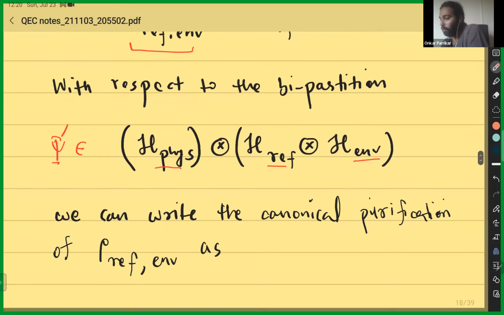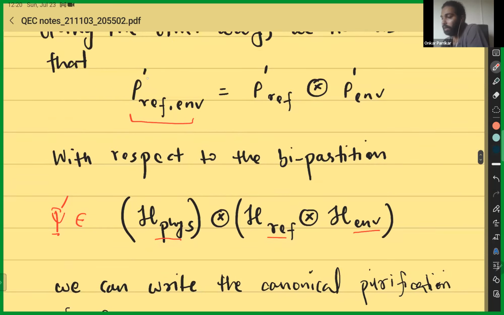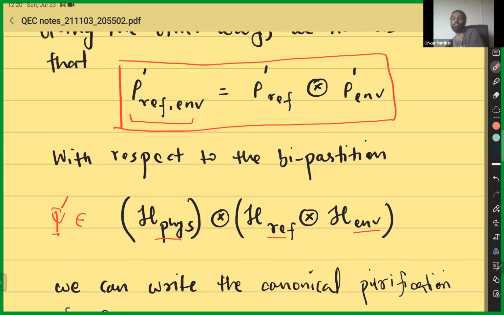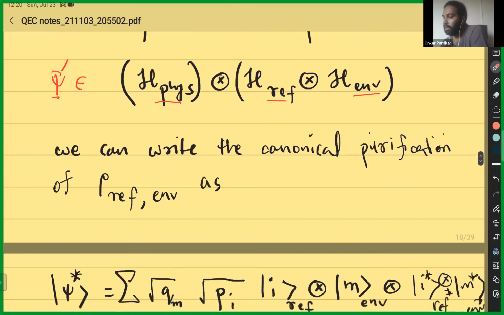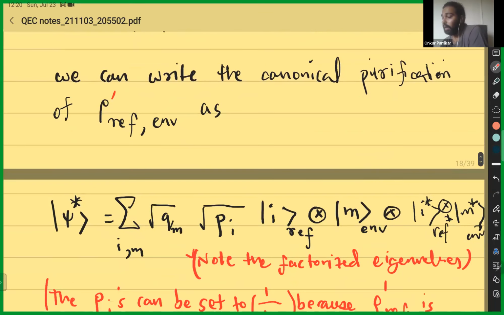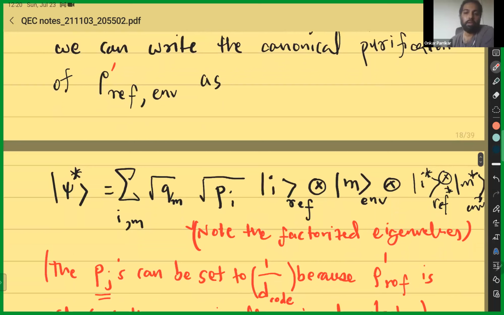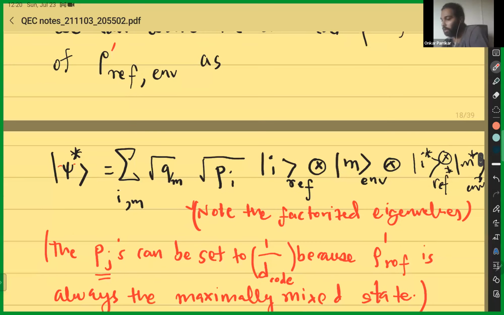Now, what we are told, the assertion, is that the density matrix on the reference and environment system is factorized. What we can do is take that density matrix and write a purification for it. I'm going to call this purification psi star. The way I'm going to do it is I'm going to just double it. So the density matrix looks like